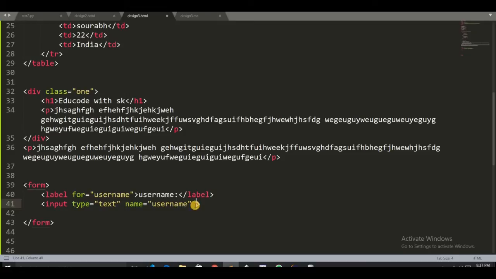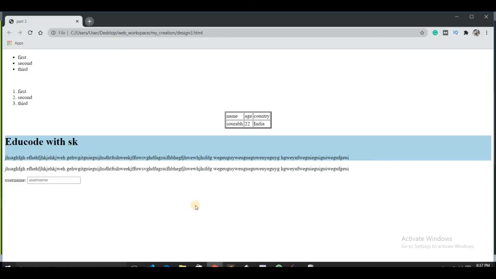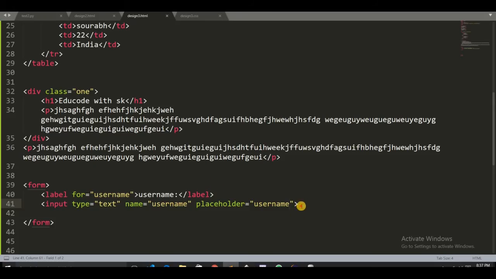Okay, and one more thing I want to do: it will show a placeholder. So the placeholder will be my username. Let's save it and check it out right now. See, there is a username entry available here. You can enter anything. So let's make it for the password also. Let's copy this and